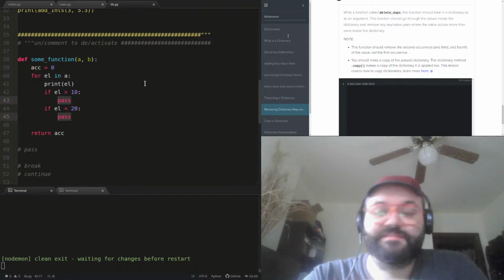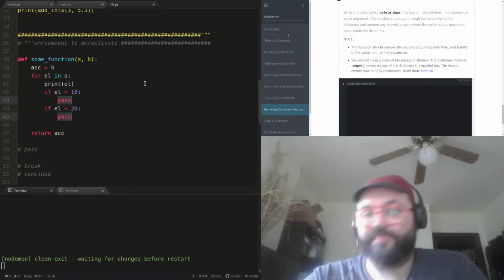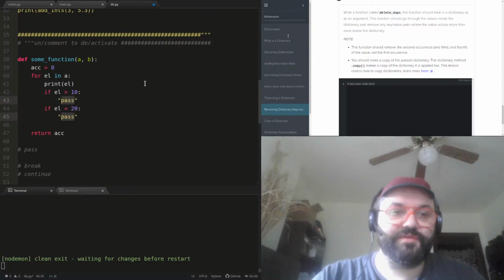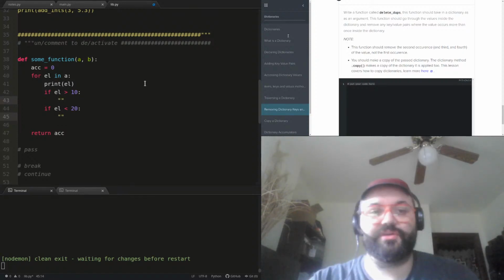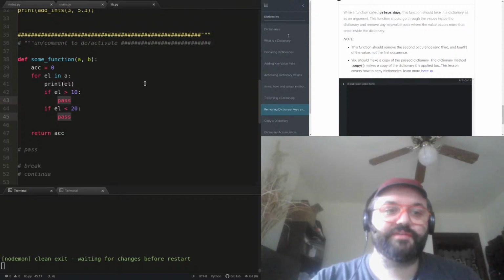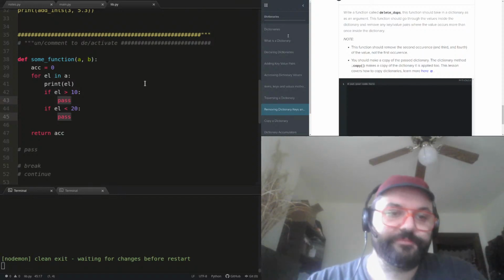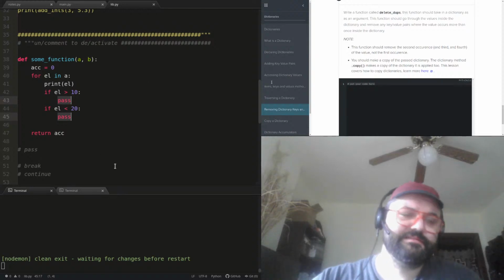And pass is the keyword for that. You might be used to doing different things, like you could put in an empty string or, like I said, print or whatever, but pass is formally the correct way to do it. Okay, cool. So that's pass.